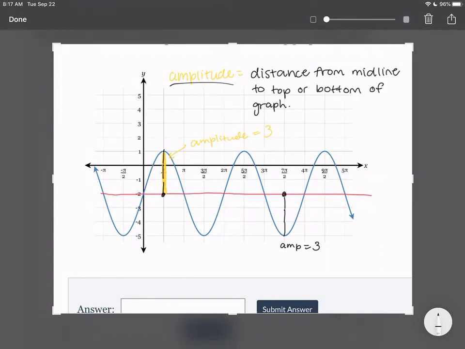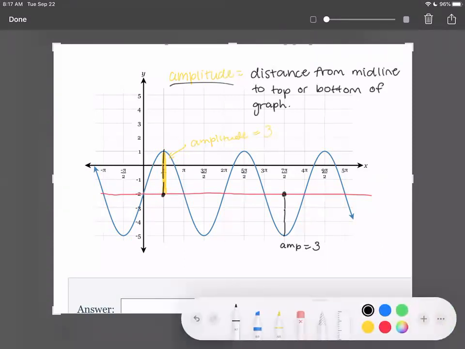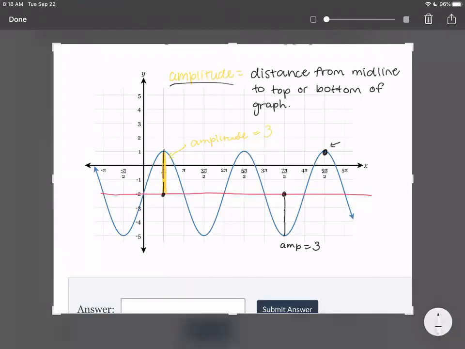Okay, let me show you the calculating way, the way we can do it with numbers. So what you can do with numbers is, I'll still use this color. You're going to take the y value of the top, which is on here, it's 1. Let's take the y value of the bottom, which is -5. Okay, and then you're going to subtract the y values, top minus bottom,